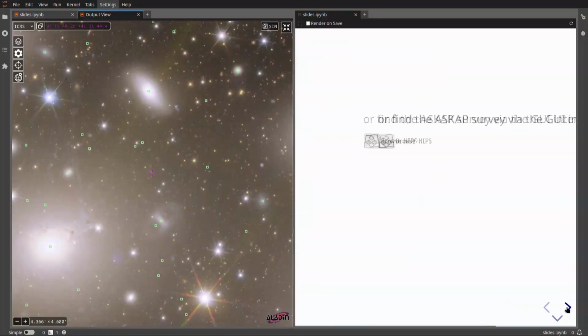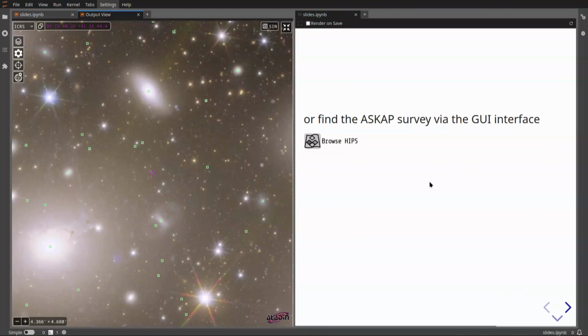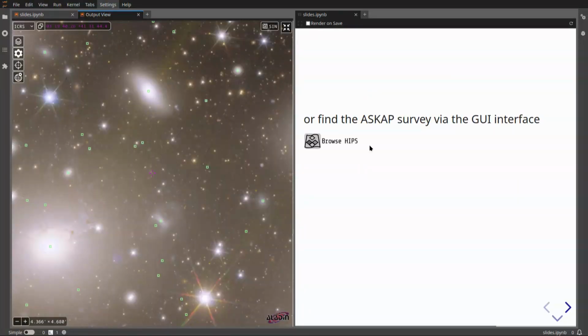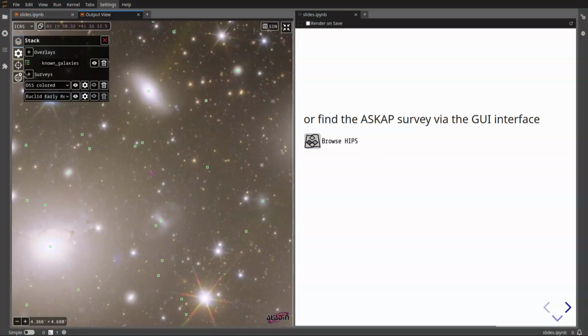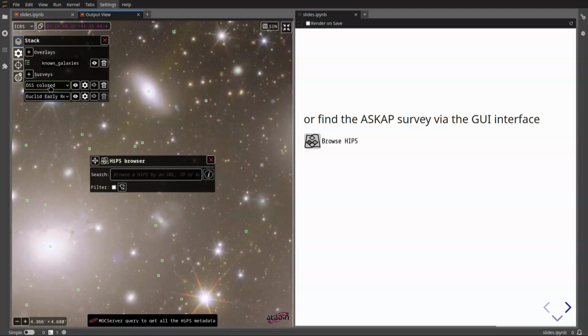So that was scientific pixels, but we can also go in our journey of wavelengths and explore another telescope, and we will look at the ASKAP telescope, which is radio. To do that, I can do it with the GUI. So I do add a survey again, but this time I use the browse button, and I type the name of the survey that I want to find, and let me do it like that. And it looks very different